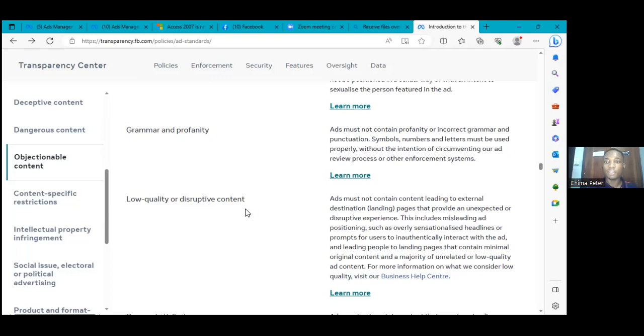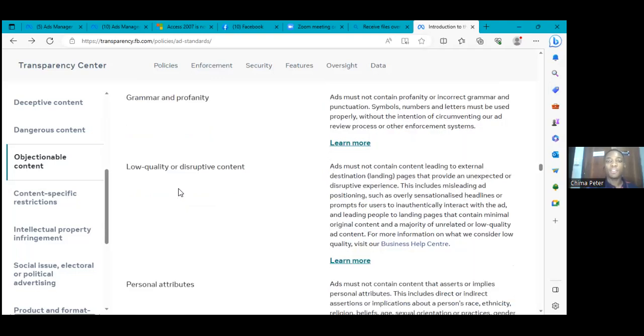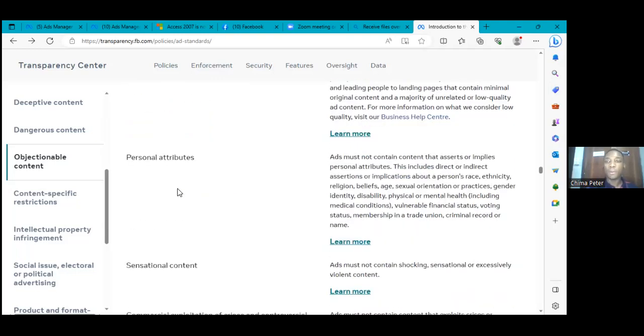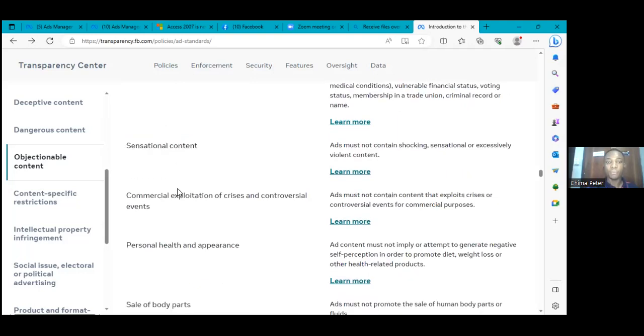So if the content you generate for them is actually nice, even if you are running adverts and the adverts are getting lots of engagement, likes, comments, shares, Facebook will likely reduce your cost for you. Facebook advertisements are actually based on bidding. But even if your competitors are bidding more than you, and your content is nice and interactive, Facebook will give you a lower cost per result. Okay, having said that,